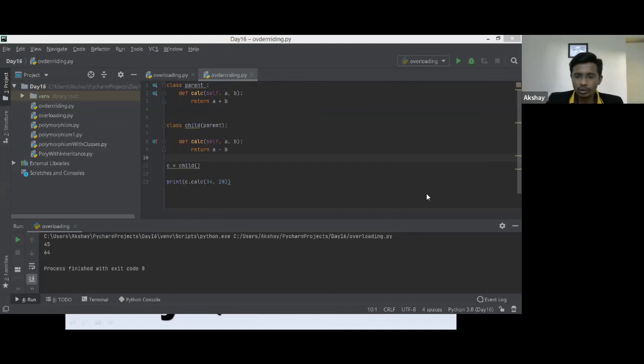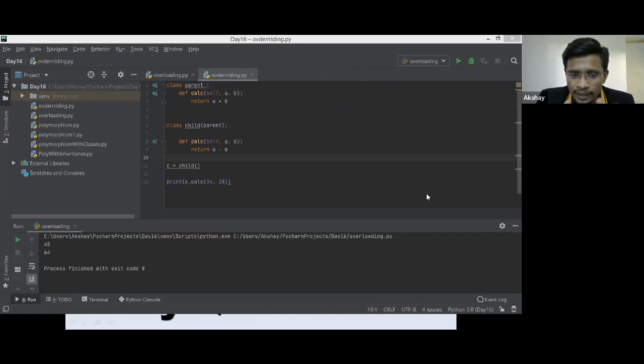Both overloading and overriding are used for reducing code, whether it is function or object overloading. The main goal is code reusability and reducing the complexity of the code.